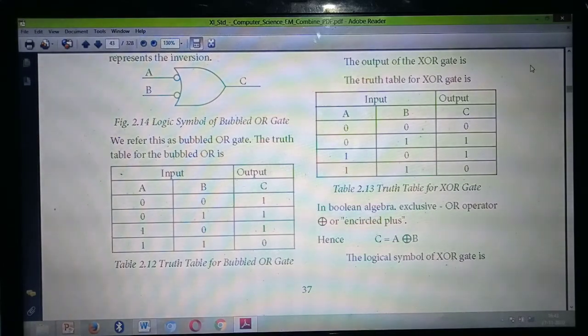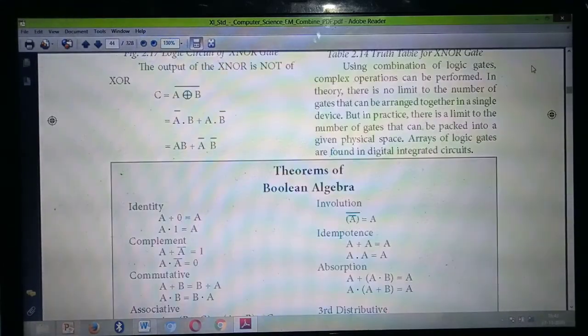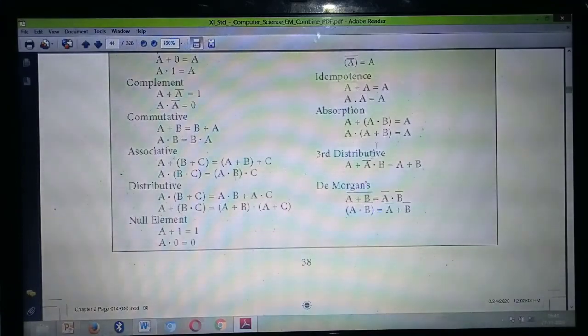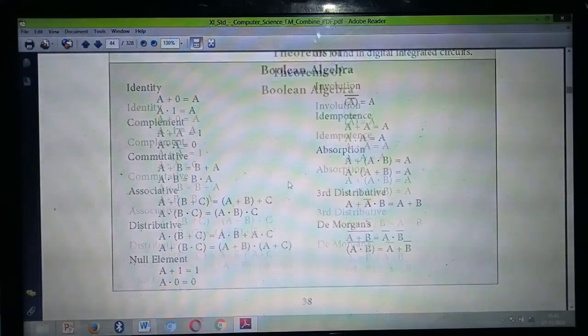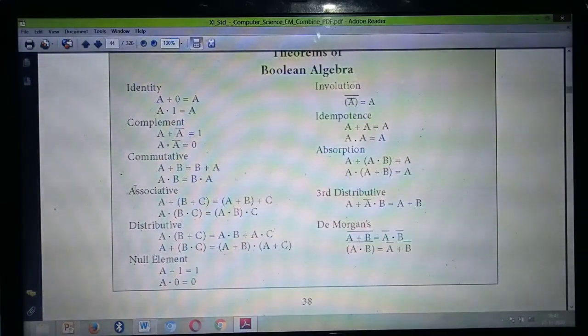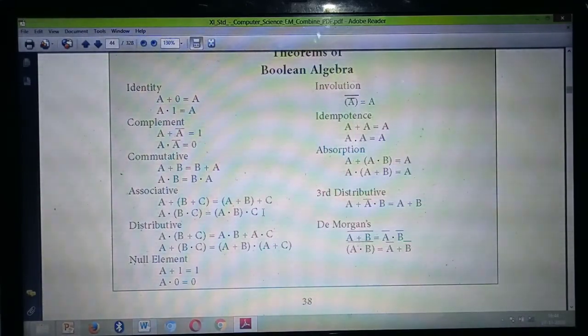Then, write the associative law. Fourth question, take page number 38. This tabular column is very, very important. Theorems of Boolean algebra, you should study all. So, the fourth question answer is this one: Associative, from here to till here. Don't study this alone, fully you should study. Identity, complement, commutative, this and all you have studied in your maths, same only. Now you mark the 2 mark question. This one, Associative, these two lines, from here to till A dot B dot C.